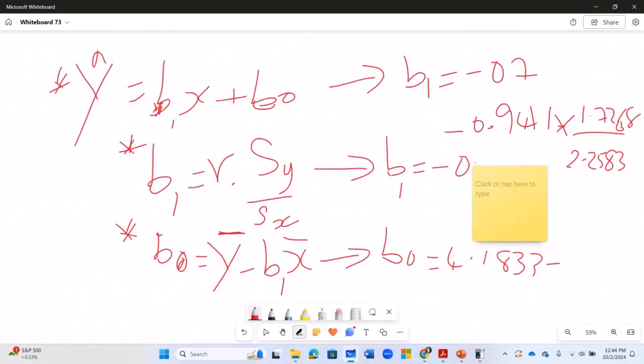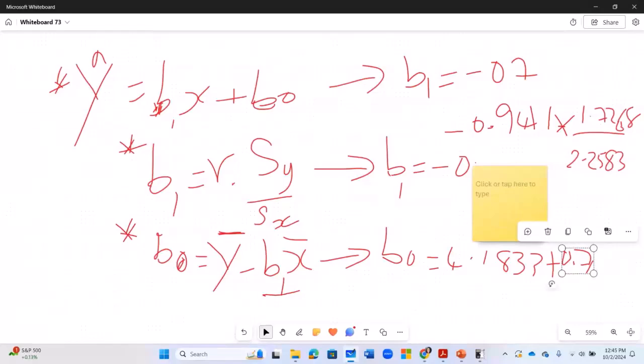There's a subtraction in front of B1, but B1 also has a negative, so the negative becomes positive. Now I have 0.7 multiplied by